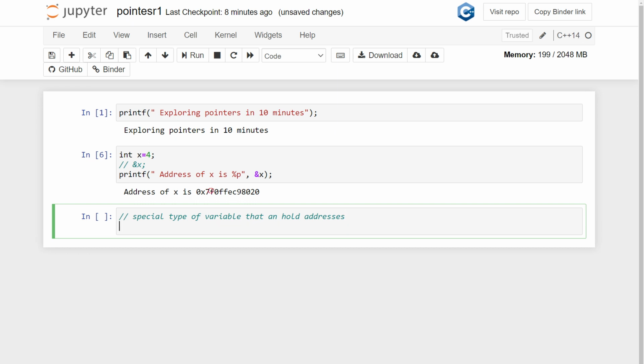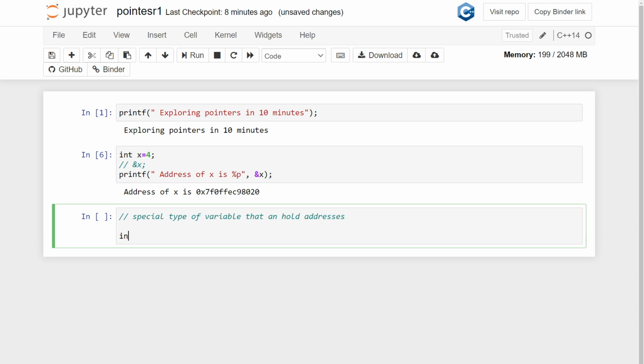As you can see, this is the address. Let me declare a special type of variable, because if it is special, I must declare it using some special convention. Let me put the data type as int. I'm not rigid about putting it as an int. I can put it as a character and some other data type as well, but for the sake of example, I'm just putting it as an int, and later we will see what other data types we can put and what the meaning of them is. So this is int.